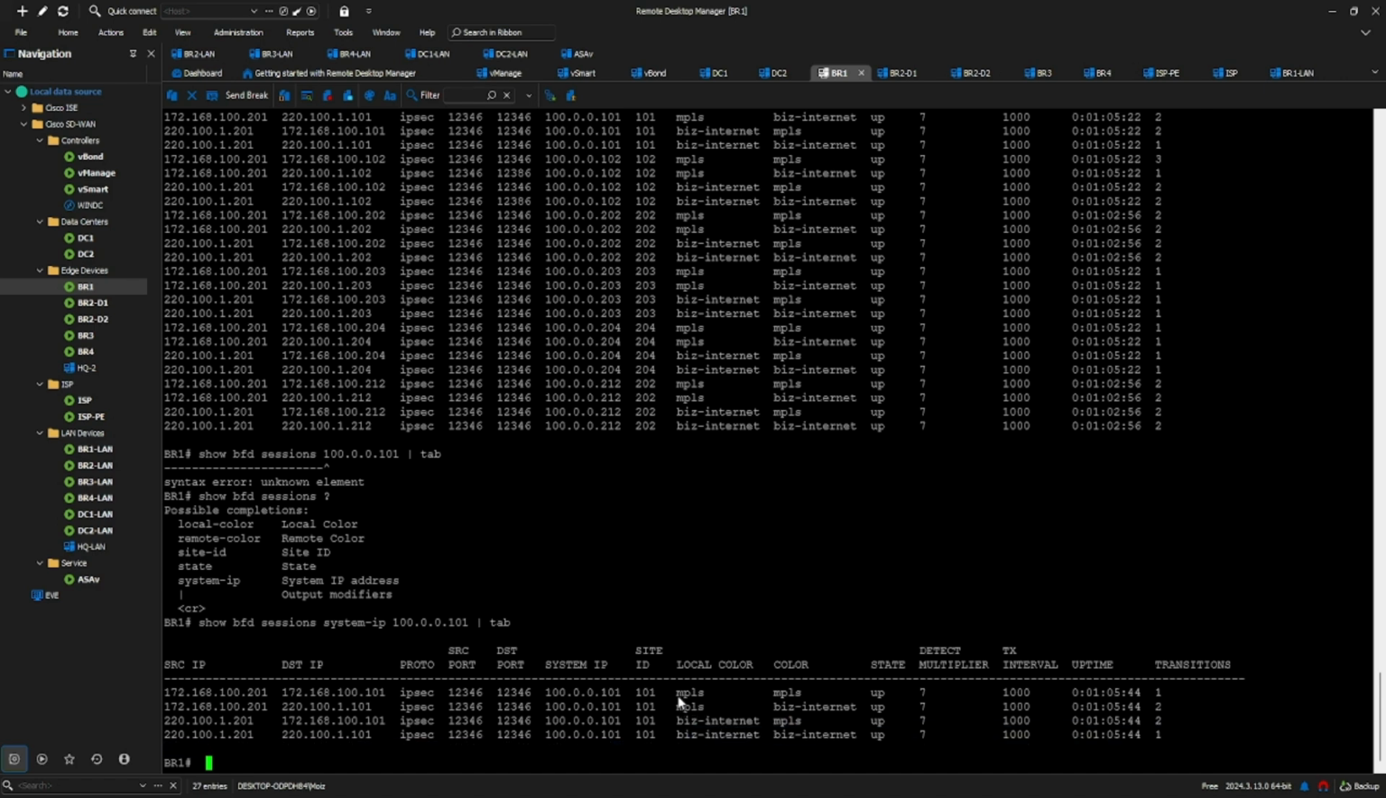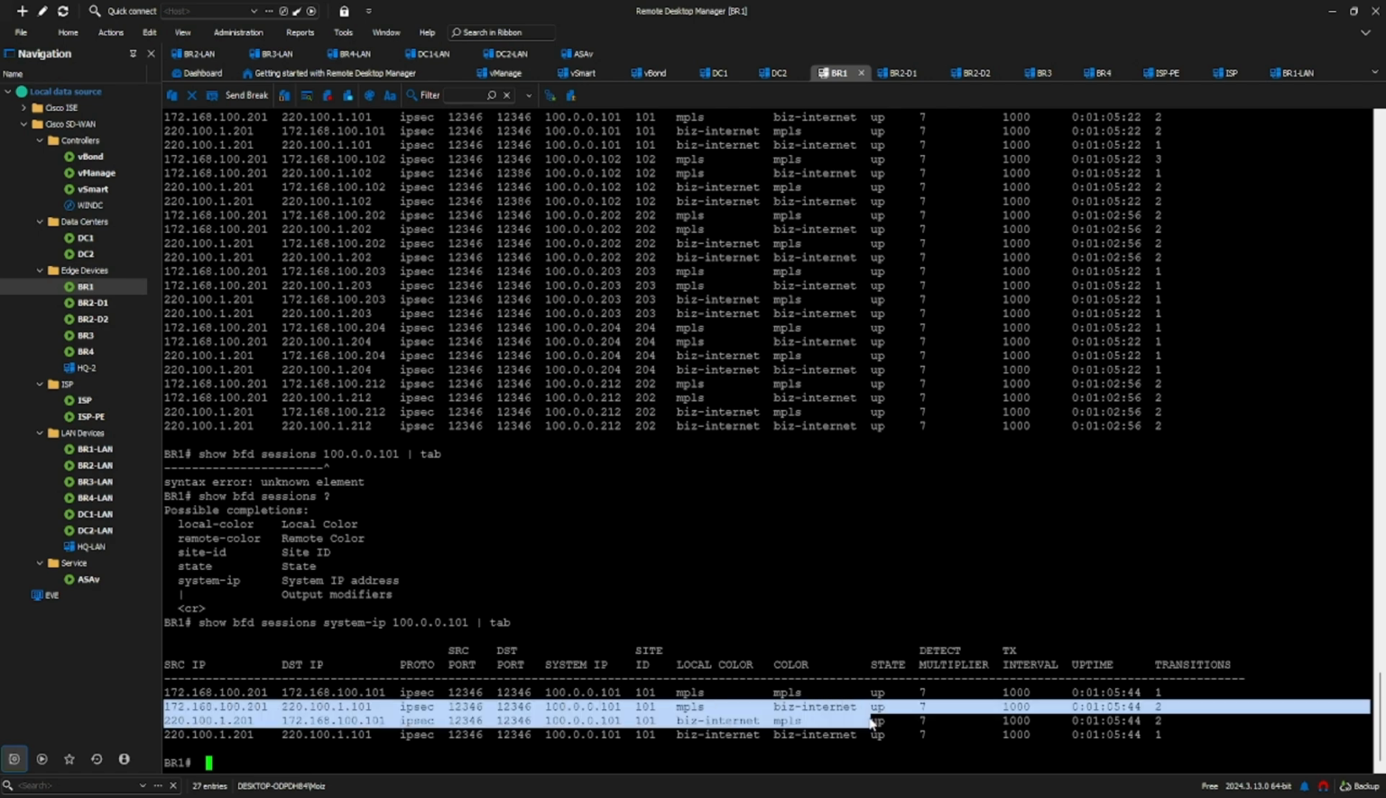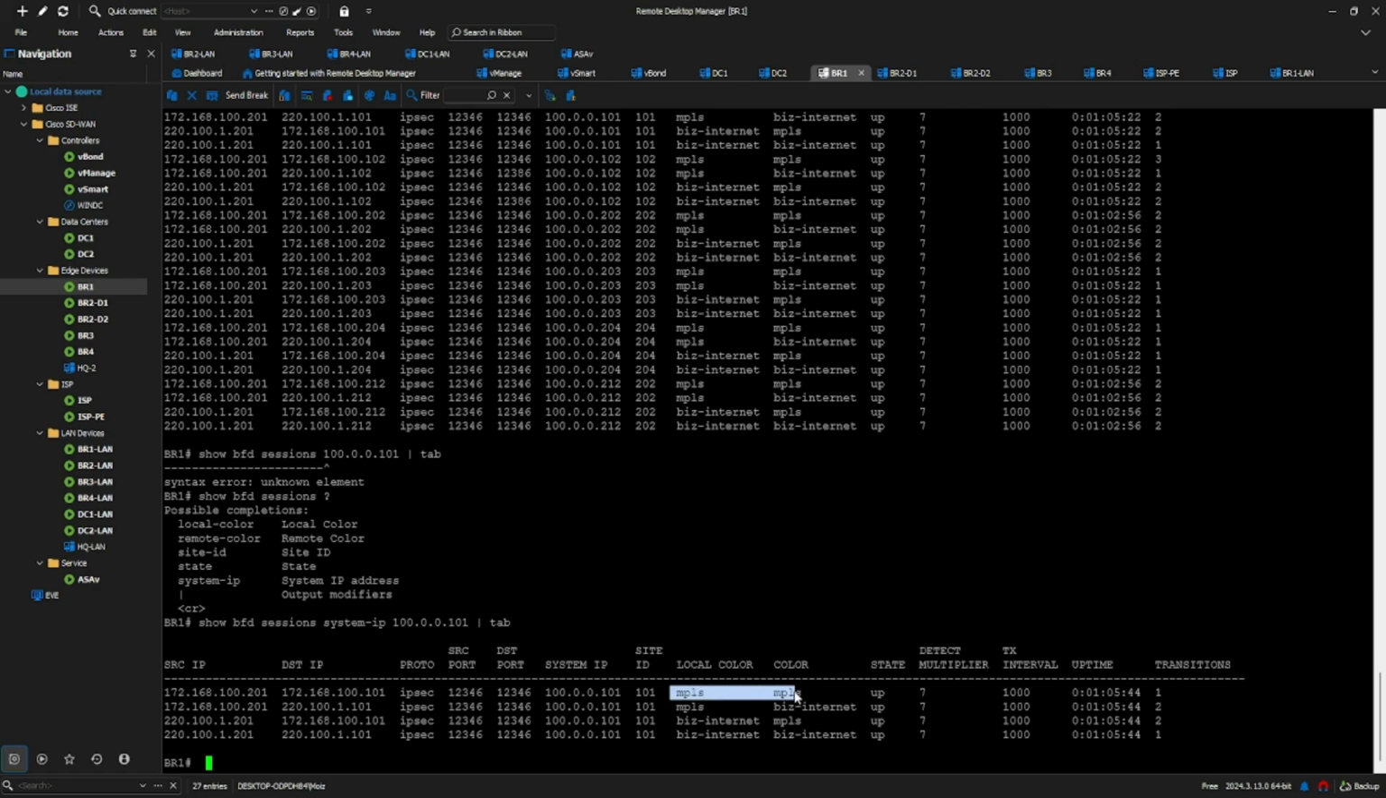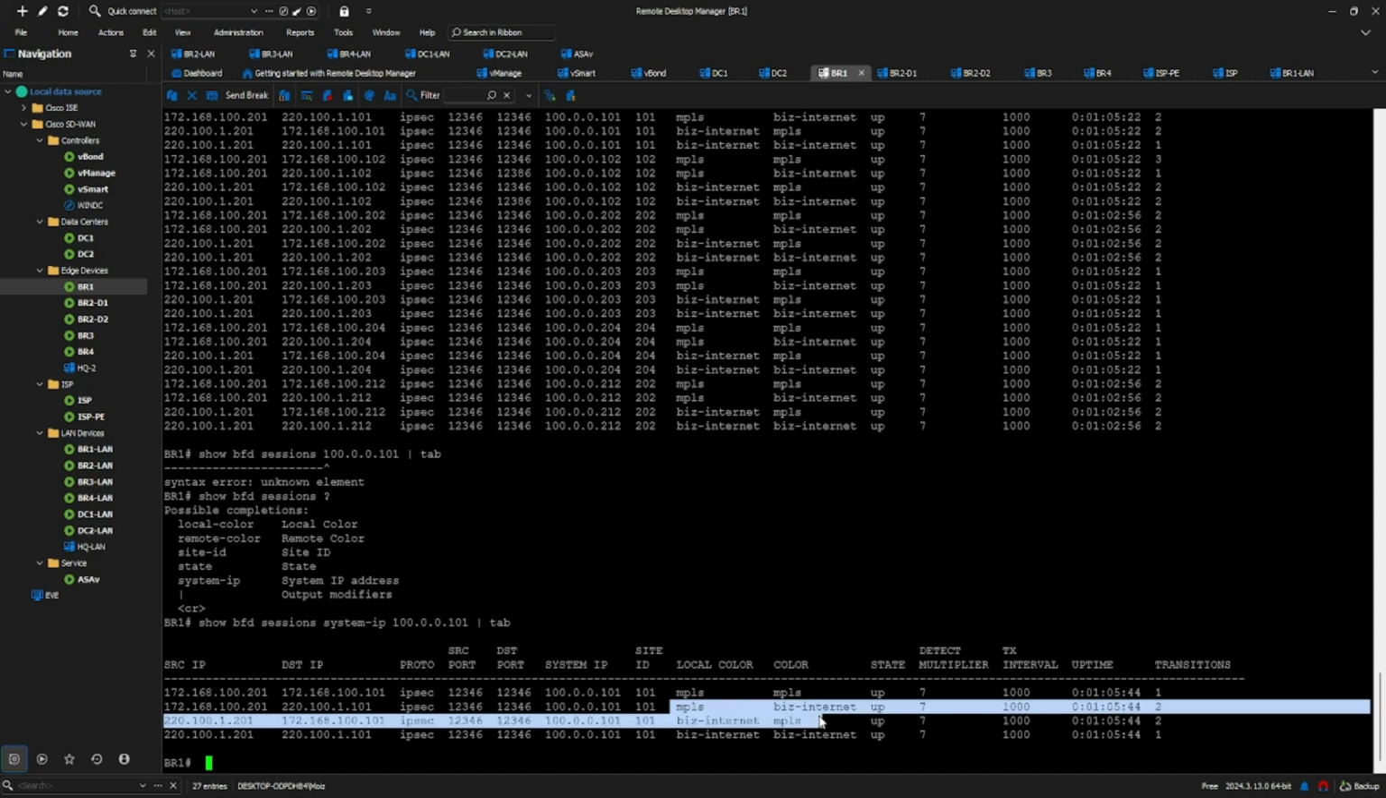MPLS to MPLS makes sense because they are on the same link. Business internet to business internet makes sense because they are on the same link. But do we require MPLS to business internet and business internet to MPLS? Because this is consuming my resources. I already have the two tunnels created, but these two are extra tunnels created for no